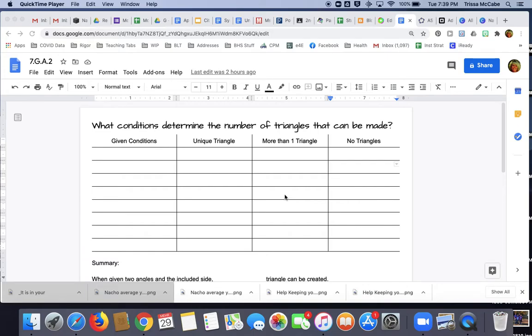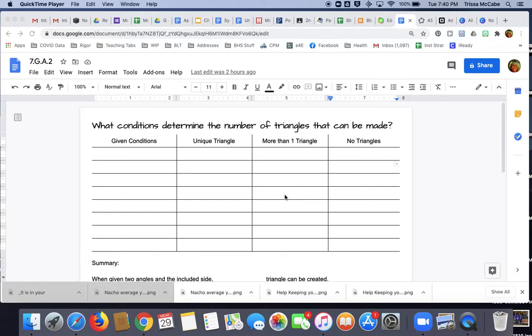Hello, welcome back to math class. Today's lesson is going to be about this question here at the top of the page that you see. What conditions determine the number of triangles that can be made? We are going to look at various situations and be able to summarize how many different triangles can be made